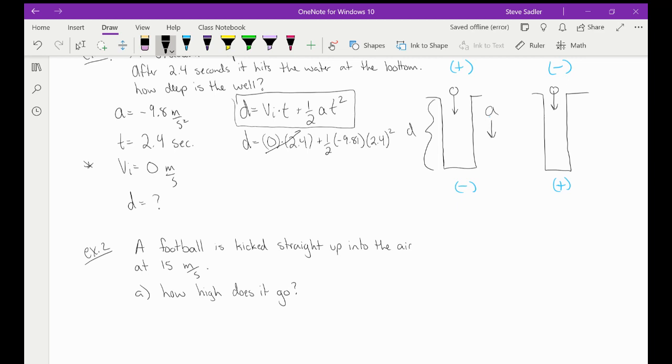So this whole thing disappears. It's multiplied by 0. Anything multiplied by 0 goes away. So we just need to calculate this part. And when we do that, we're going to get negative 28